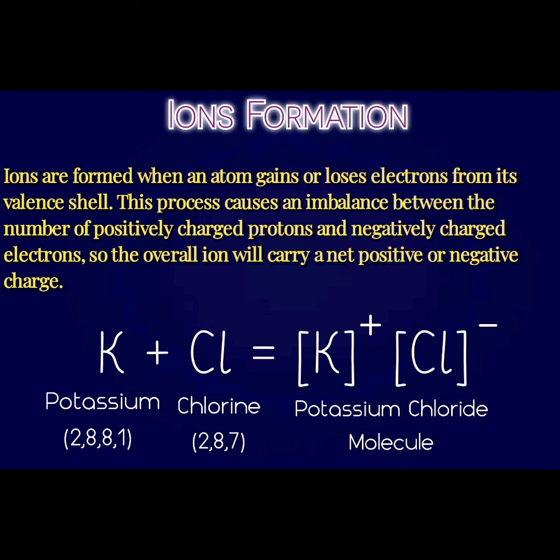Which means potassium is a cation, and chlorine is an anion that gets a negative charge, taking 1 electron from potassium, and a potassium chloride molecule will form. This is ions formation, where two atoms donate or transfer and accept the electrons so that the charge can appear as cation and anion. This is known as ions formation.